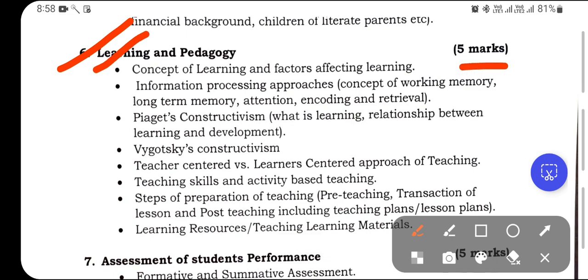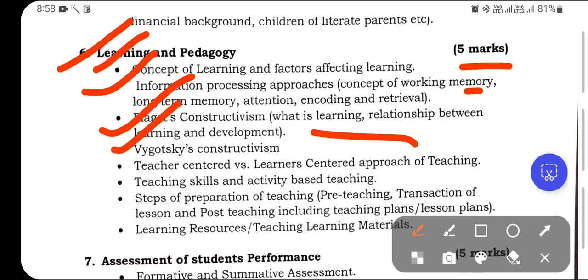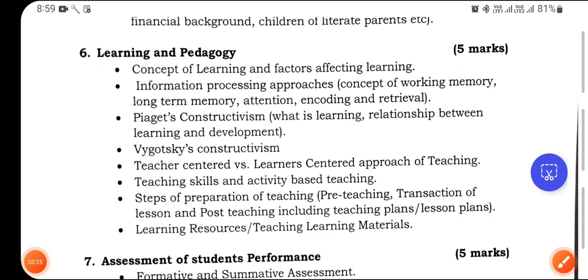Concept of learning and factors affecting learning, information processing, concept of working memory, long-term memory, attention, encoding and retrieving, Piaget's constructivism, what is learning, relationship between learning and development, Vygotsky's constructivism, teacher-centric versus learner-centric approach, teaching skills and activity-based teaching, steps for preparation of teaching: pre-teaching, transactional teaching and post-teaching, including lesson plan, learning resources, teaching learning materials.